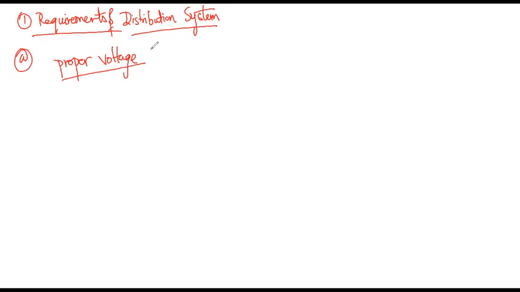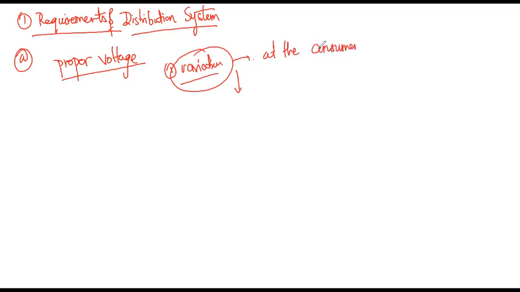Once you have voltage which varies at the consumer terminals, variation is one thing which needs to be not much present in such systems. So I need to have a relatively low percentage of variation at the consumer terminals. Consumer terminals are nothing but the loading terminals which are present there.